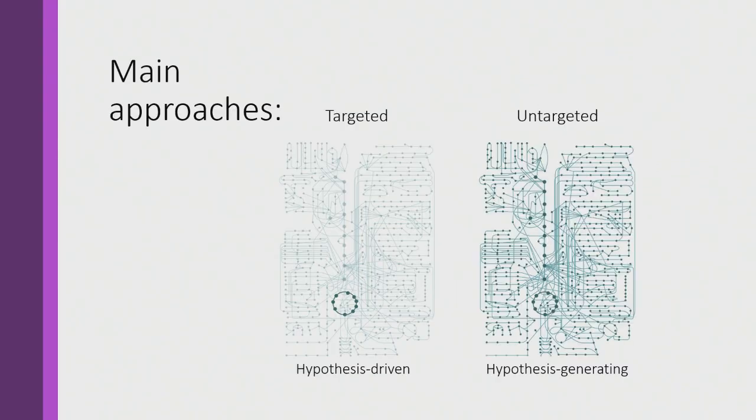In the case of approaches, there are 2 main approaches, the targeted one or the untargeted one. The targeted one is a hypothesis-driven approach. So you are looking for some pathway or you suspect that these molecules are associated with a particular biological condition. In the untargeted one, you don't necessarily know what's happening there. You try to measure as many things as you can, and at the end you are generating hypotheses because you identify some associations that were not previously expected. And there are different techniques.